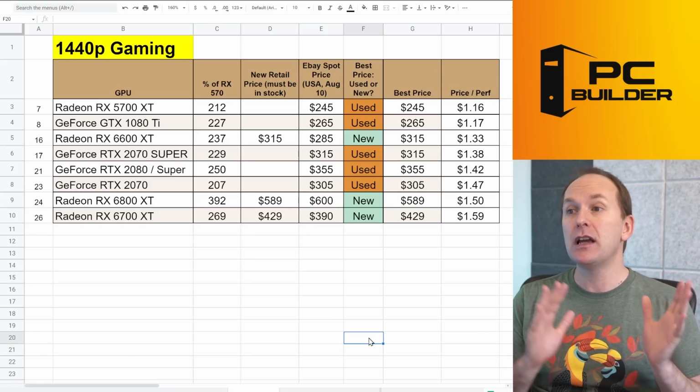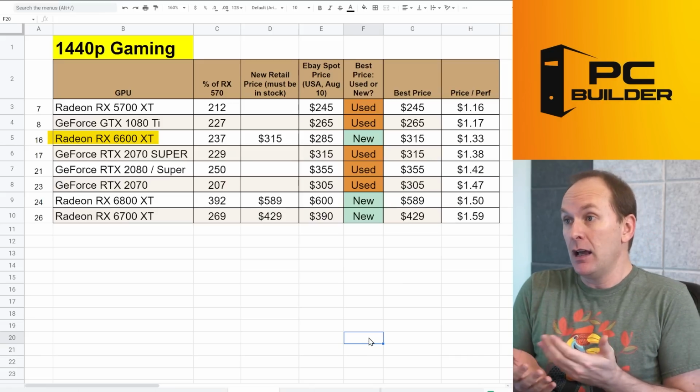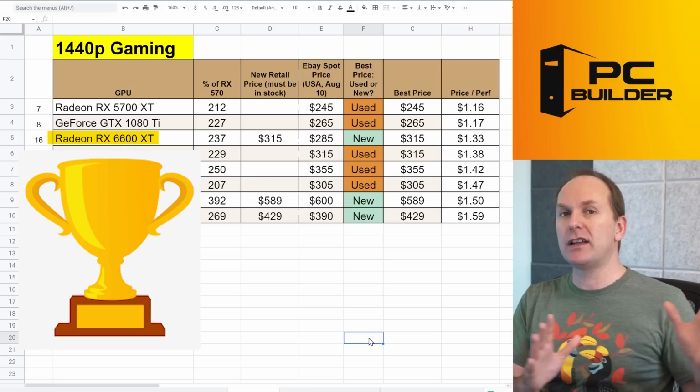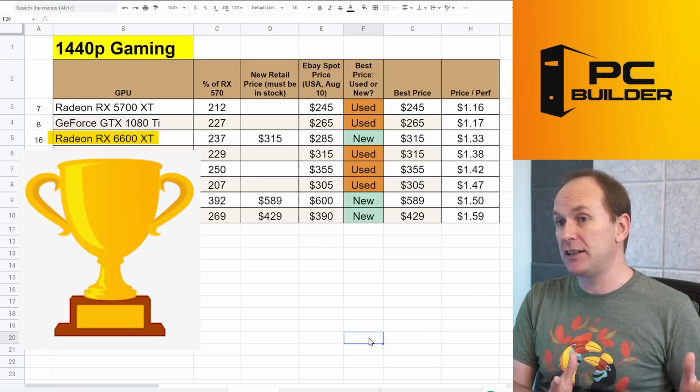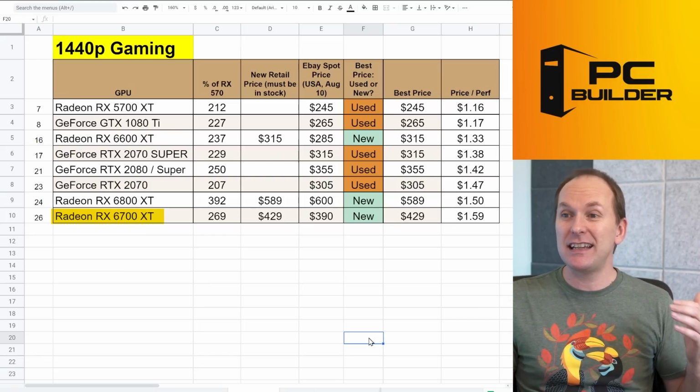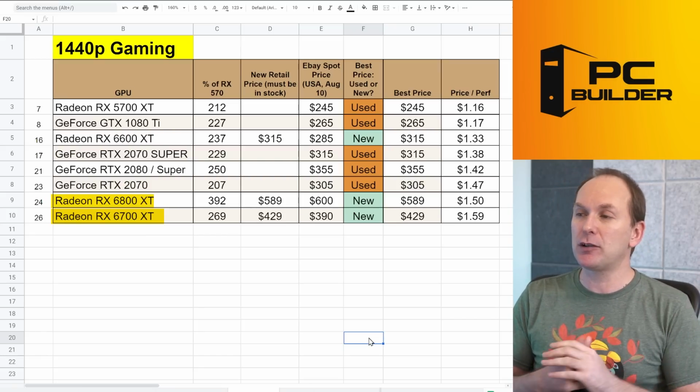So if you're interested in those, check back. The 6600 XT continues to be the best new GPU for 1440p. Yes, I know it won't get you super high FPS, but it'll get you 60 FPS in most games. So if you're looking for something more powerful, the 6700 XT and the 6800 XT, now with its much lower price,